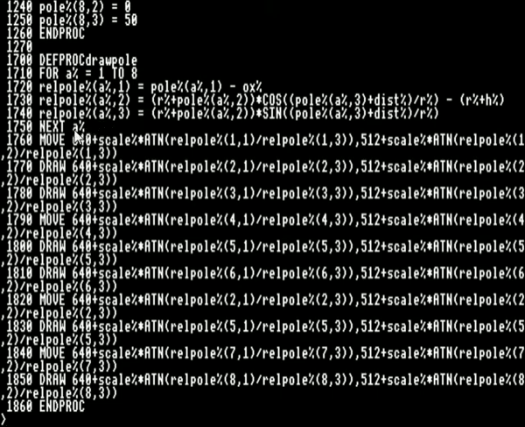Messy, huh? Next day, go through all 8 points, and then move to 1, draw to 2, draw to 3, move to 4, draw to 5, draw to 6, move to 2, draw to 5 to do the cross piece on the top of the pole, move to 7, draw to 8 to do the vertical part. And all of this